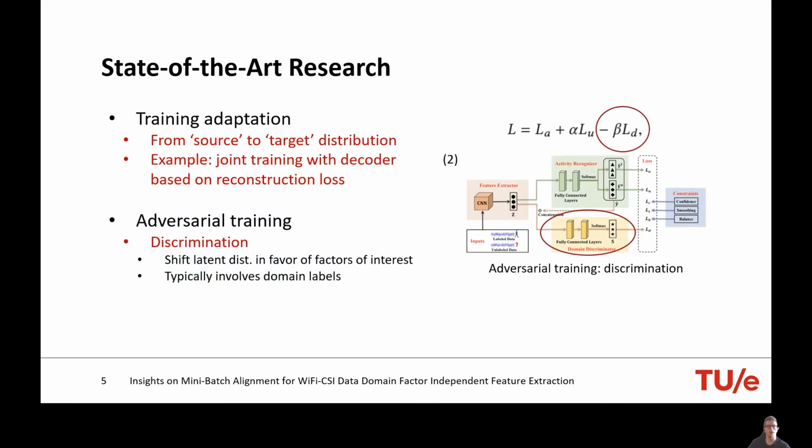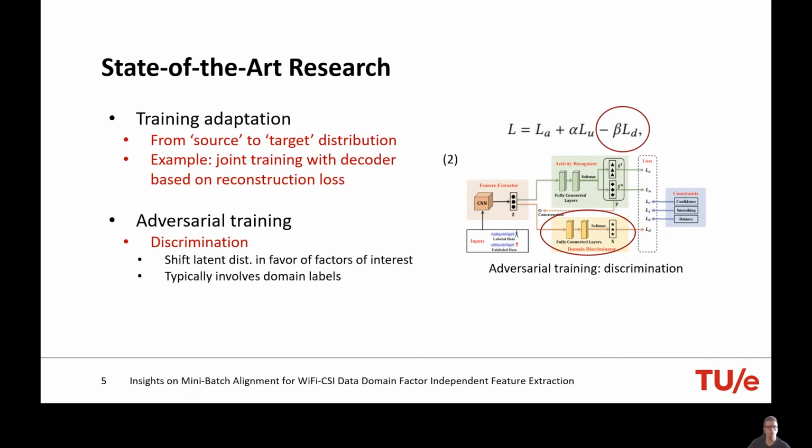Regarding deep learning, there are mainly three different avenues of research at the moment going on, of which one of them is training adaptation, in which you try to align a source and target distribution. An example of how this has been used in the realm of Wi-Fi-CSI is that researchers have invented a network that can jointly train a decoder and a task classifier based on a switch between the use of a classification loss, but also a reconstruction loss, which is trained sequentially in one training